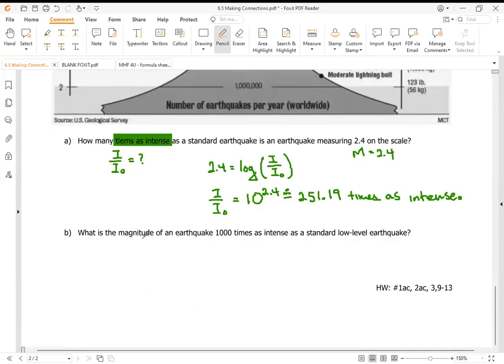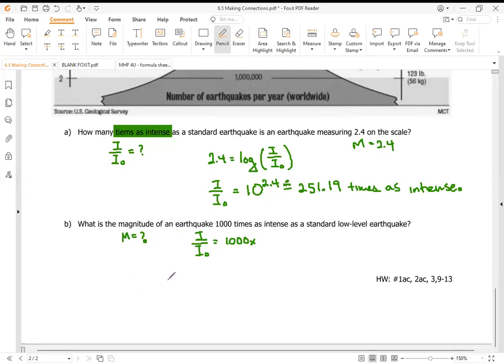What is the magnitude of an earthquake 1,000 times as intense as a standard low-level earthquake? So they're asking for a magnitude this time if the ratio is 1,000 times as intense. That's the question. So I'm going to leave that to you. If you can solve that, that's great. I'm going to add a third question saying,